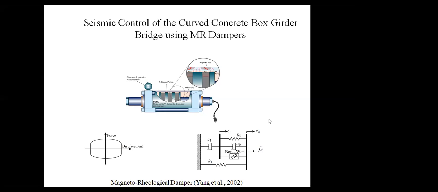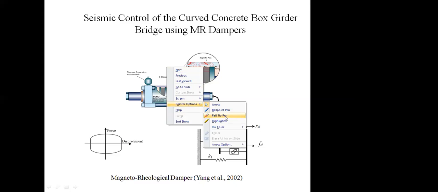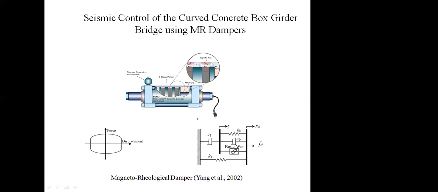What actually happens in the MR damper? We know dampers are used to control the vibration of the structure. A viscous fluid damper is the damper, only the change is that it is filled with MR fluid. What is MR fluid? It is a fluid which